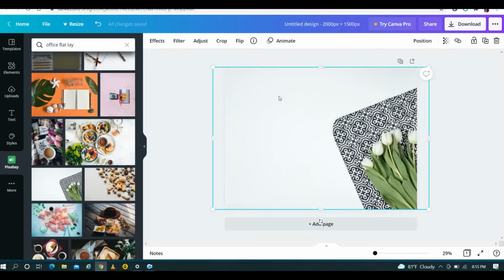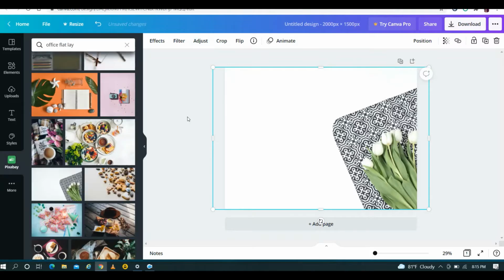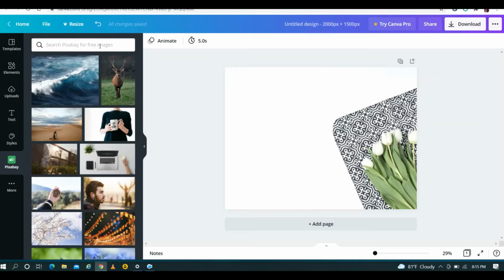All right, and if you want to maybe brighten that up, make that a little bit lighter in the background, you can certainly do something like that. You'd want to be careful though, you don't want to brighten this part up too much, but you can certainly do that. All right, so now that we've got our background,